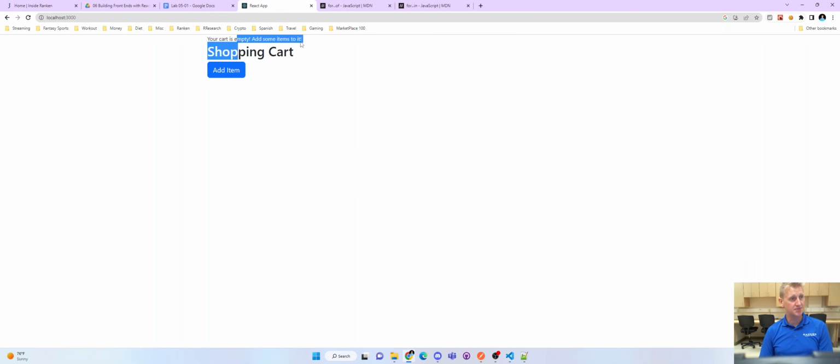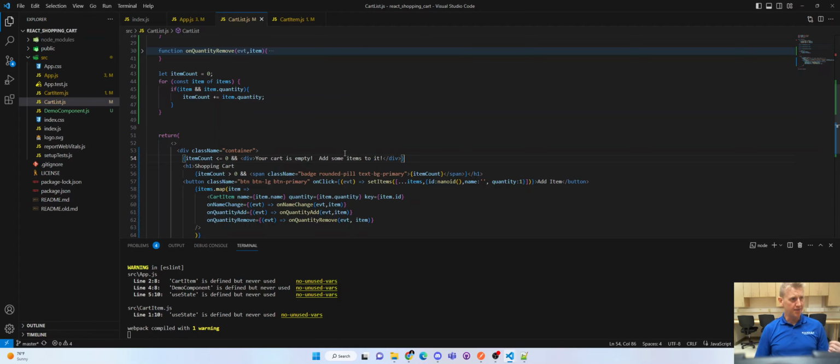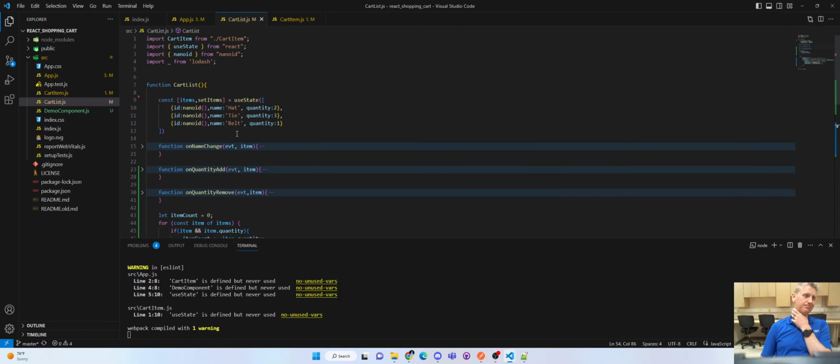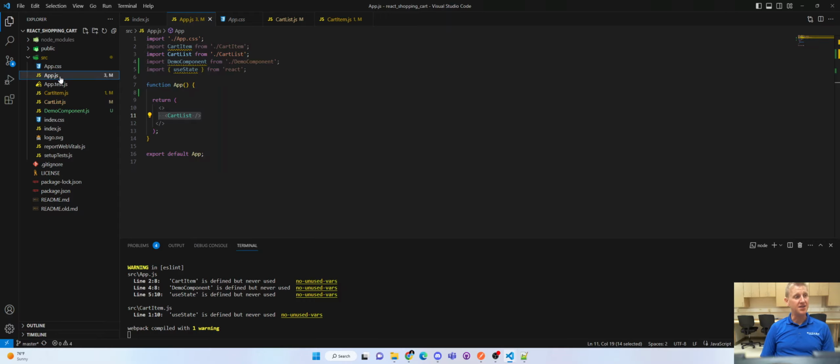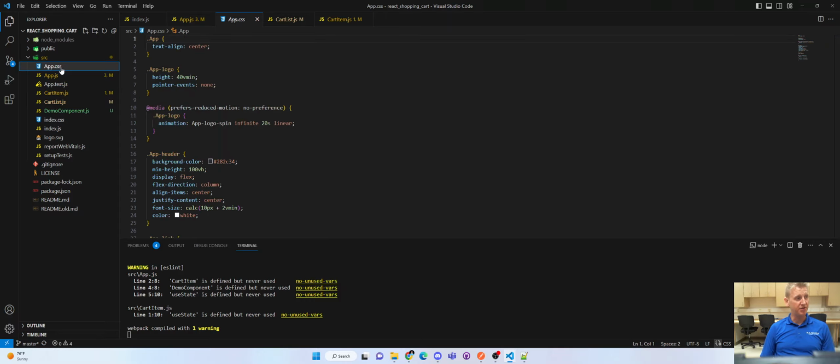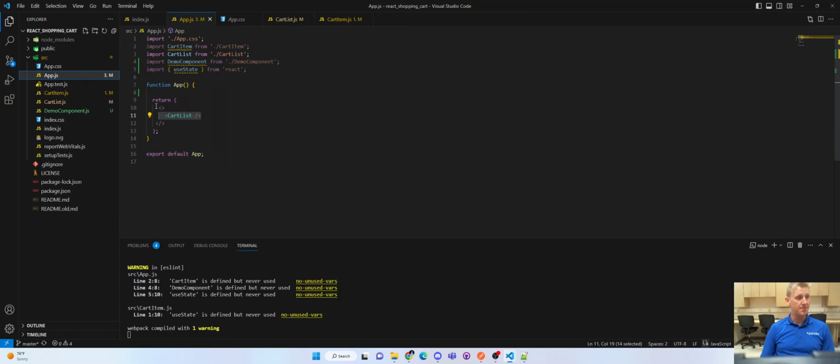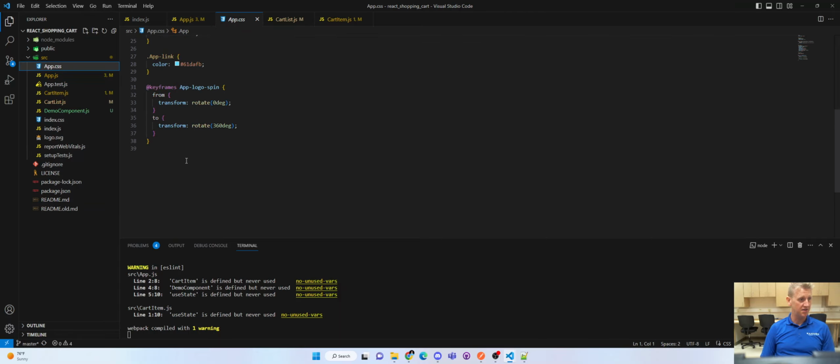I want to show you how to add some custom CSS to this. There are a lot of places you can add CSS. If you want to write more component specific CSS, you can, like they have here. This app CSS is specific to app and any of its children. You can write CSS here that applies to everything, since app is a parent and pretty much everything is inside of it. So you could go into app CSS and